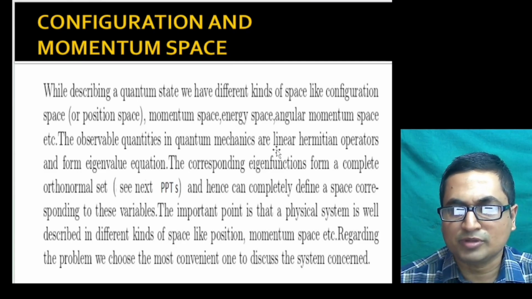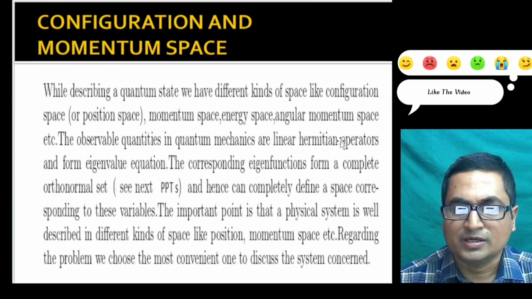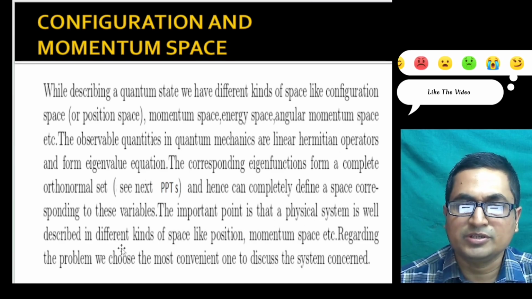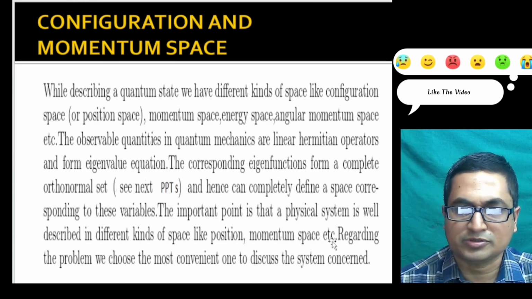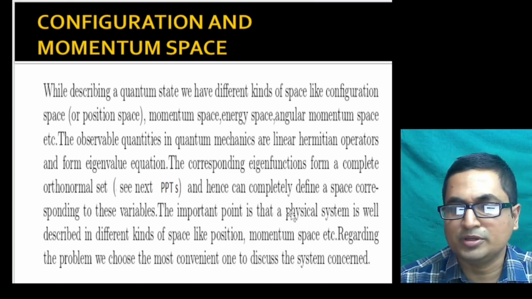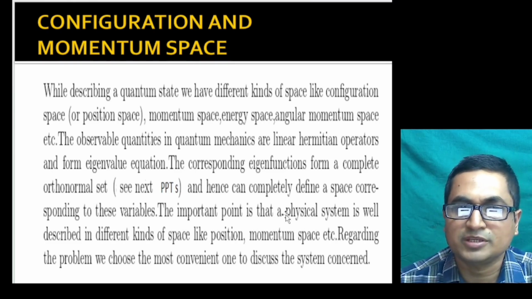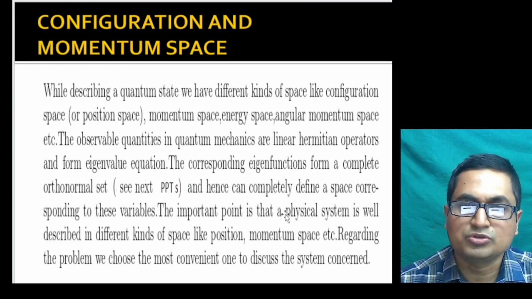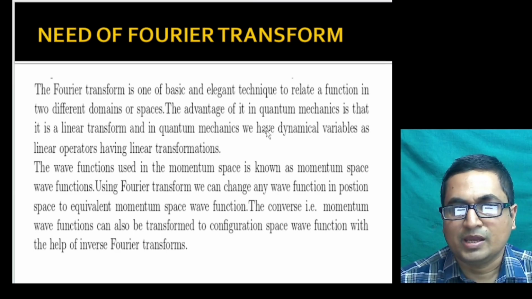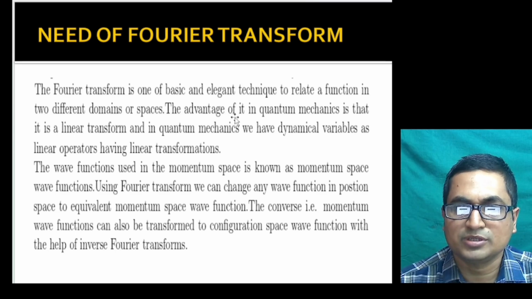All the observable quantities in quantum mechanics are linear Hermitian operators, which we'll discuss later in the course. It is important that a physical system can be explained in different kinds of space, like position, momentum, etc. Regarding this problem, the most convenient one that we will discuss is how configuration space can be switched to momentum space. And the need for that is that we must have a transformation, and this transformation is known as